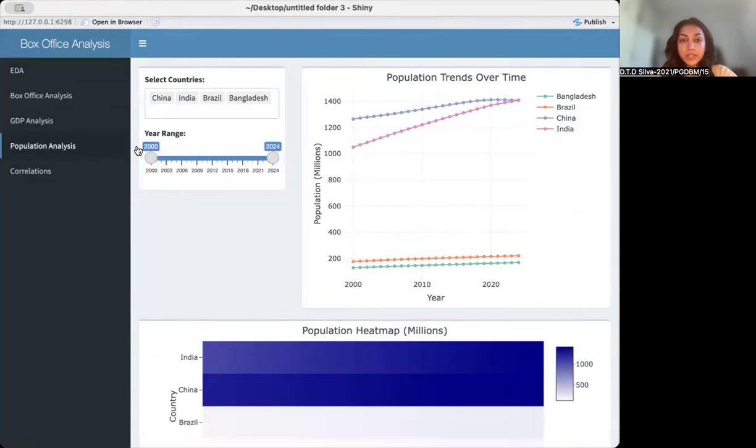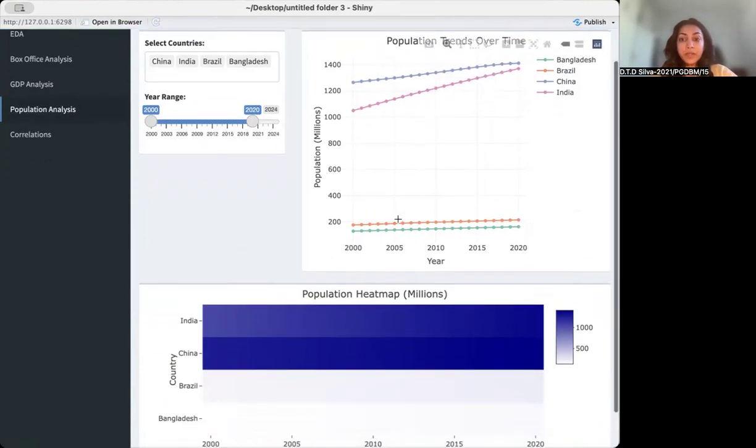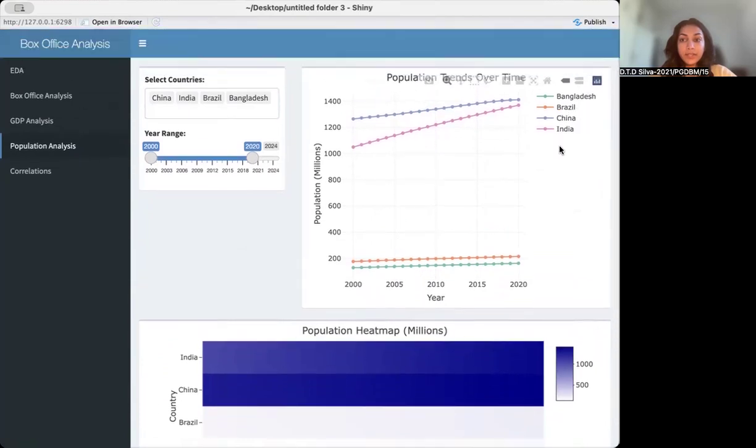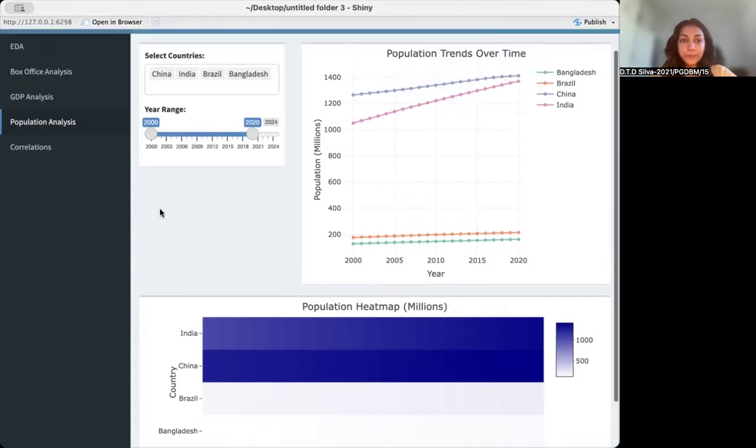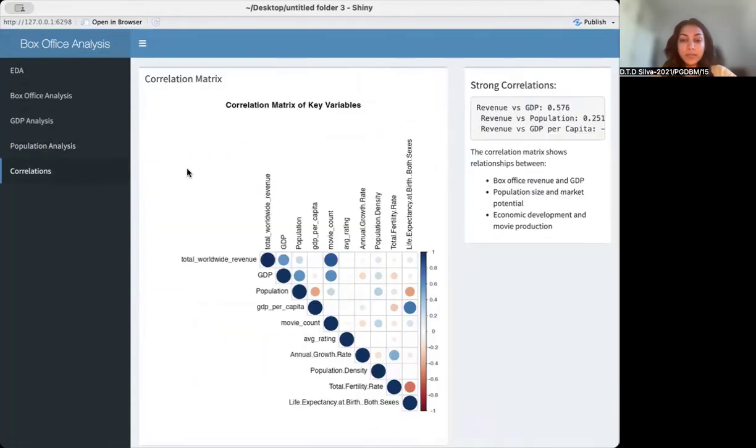And in the population analysis, we can select countries from here, and we can select the years. We can see the graphs are changing according to the year and the countries. And here I added the population trend over time for specific years. We can see the year, countries here, and I added a population heat map to have an idea about the population over time. And in the correlation metrics,